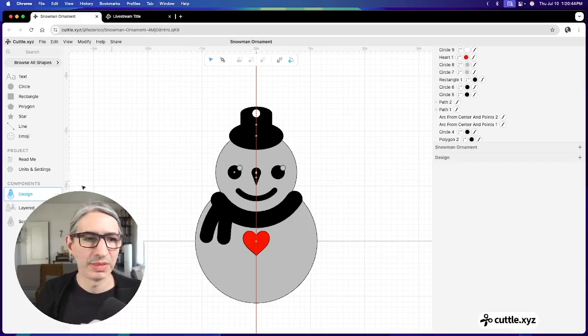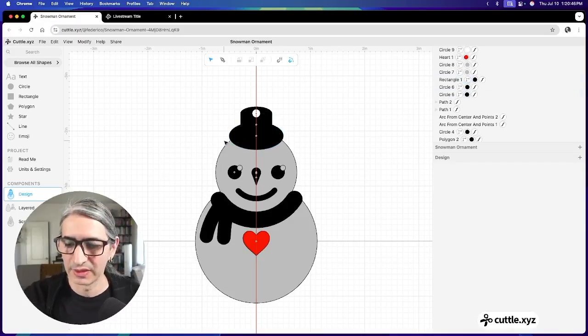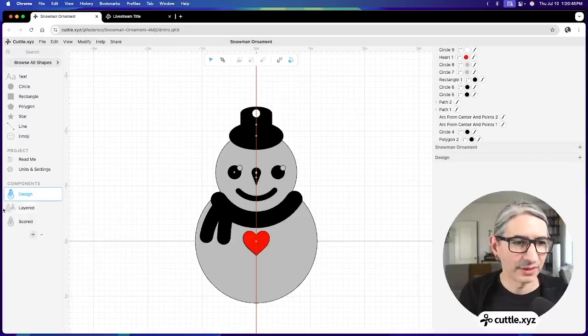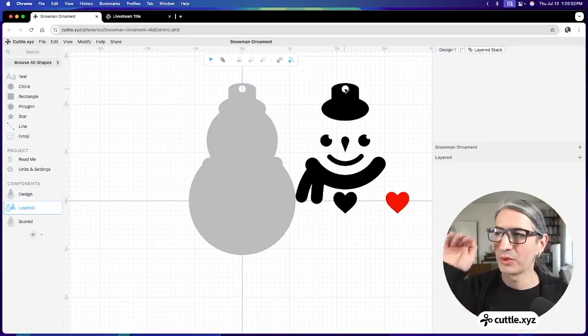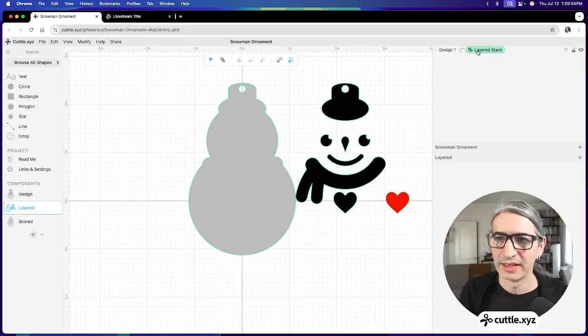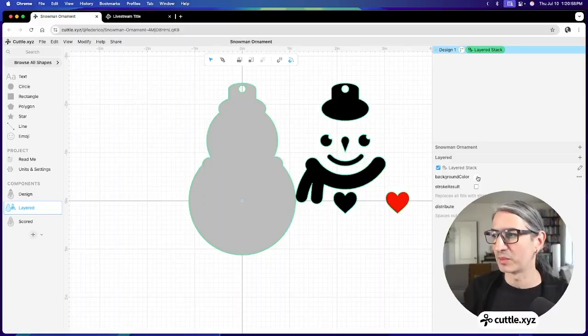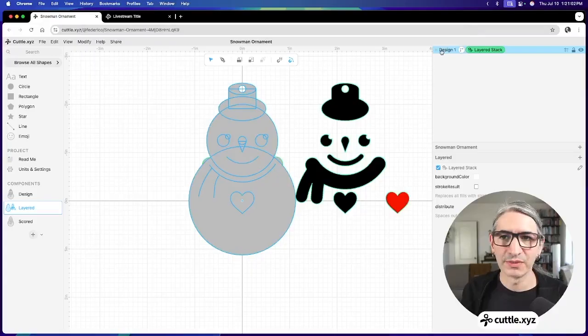And so now, let's go check out the layer stack over here. So notice how that white circle punched a hole through all the different layers. And that is because on the layer stack, we have the white selected as the background color. And so it's convenient because now when I cut that one,